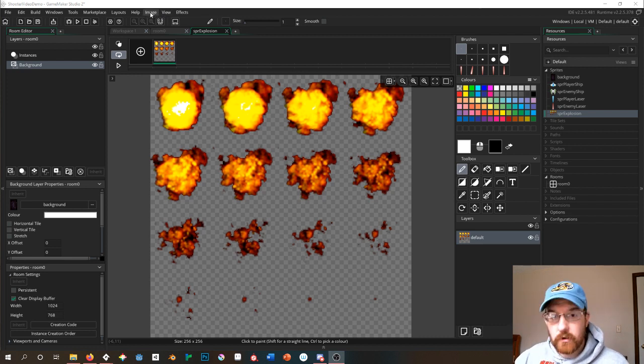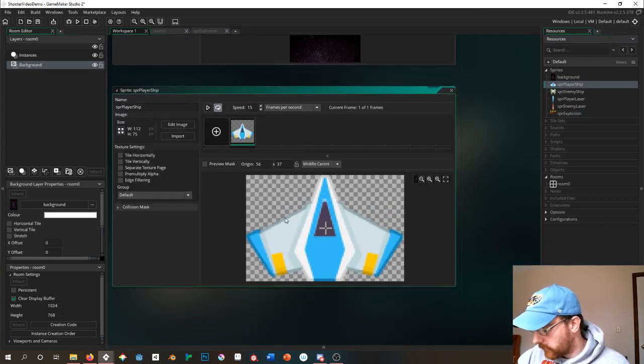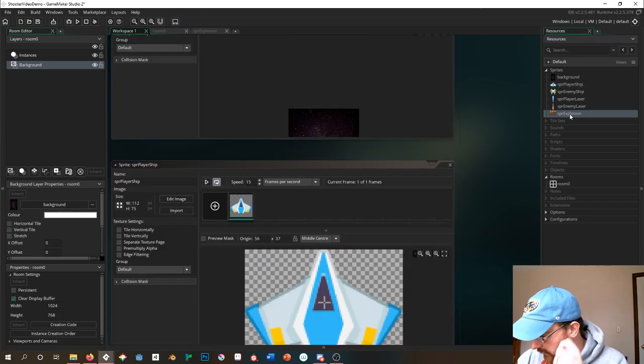But so I was importing my explosion. And in order to do that and have it use this as frames of animation, I guess I should start from the beginning here. So when you are making a sprite, so far we've had sprites that are pretty simple, like a starfighter, and this isn't going to really move. It's just going to do its thing. It's just one image. But if we have something like an explosion,